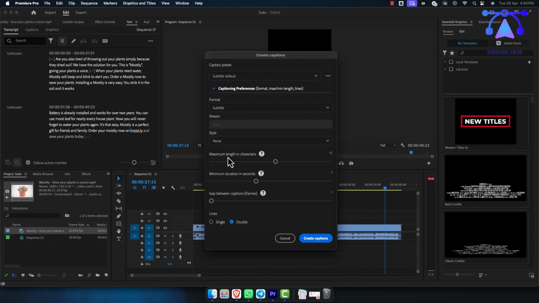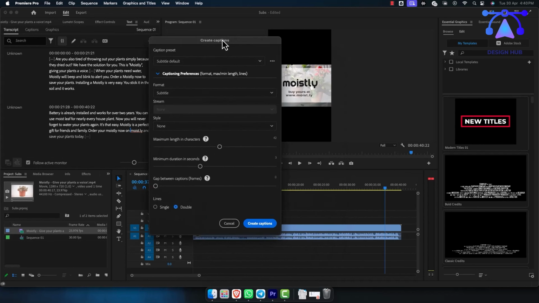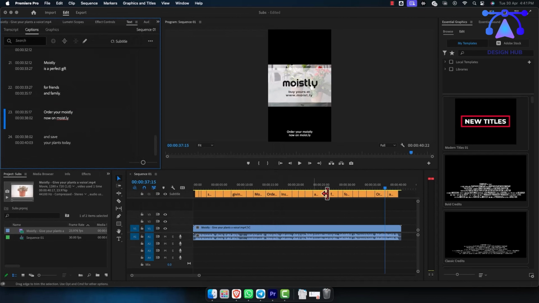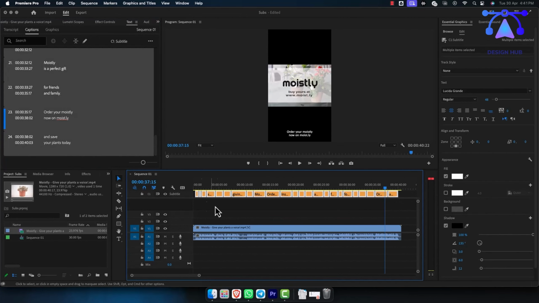And then there are a couple of other options, which is maximum length in characters. So maybe I can just stick it to a smaller number because I want big subtitles on my screen. And minimum duration doesn't have to change. Lines, single or double, all of this is good. And once this is done, you can see a new track has been added, which is a subtitle track